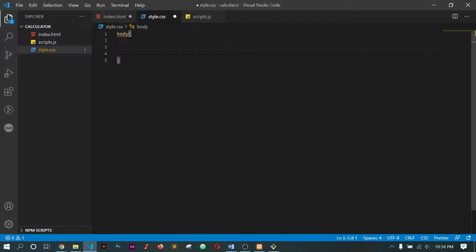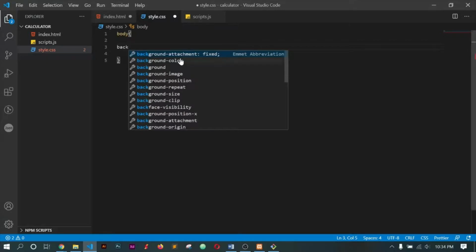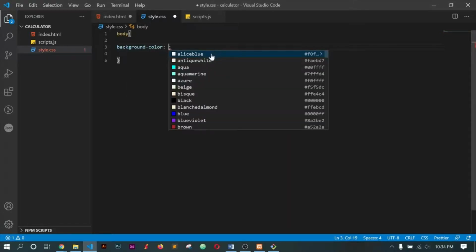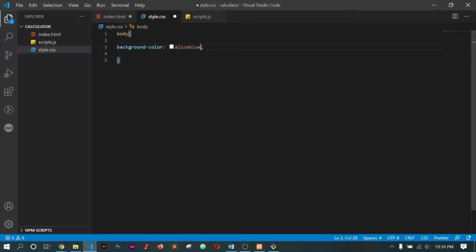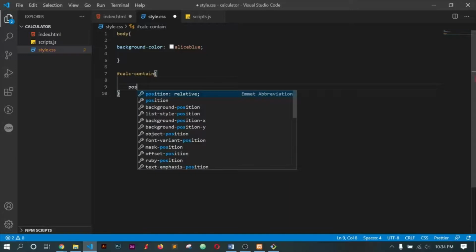You can use this one, and then as we already created our ID, the container, let's make a position relative,